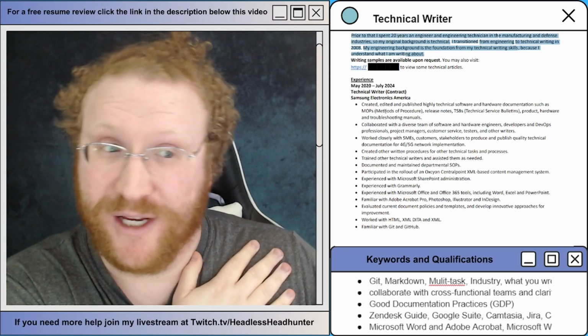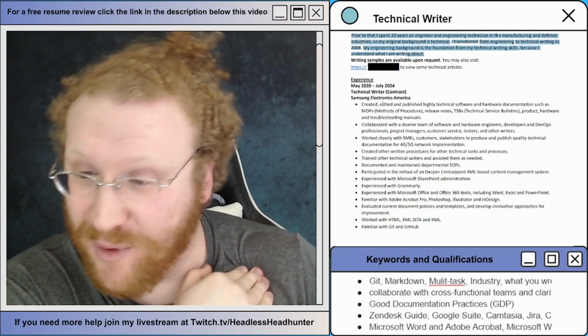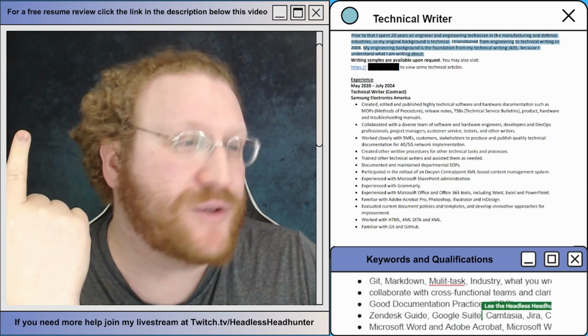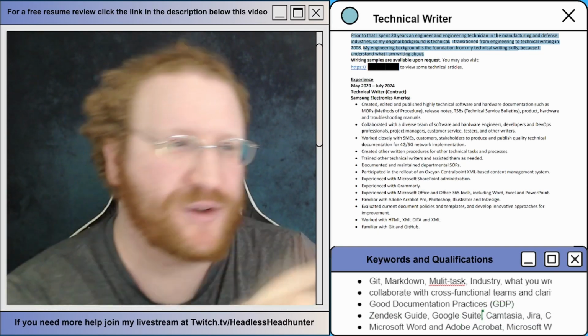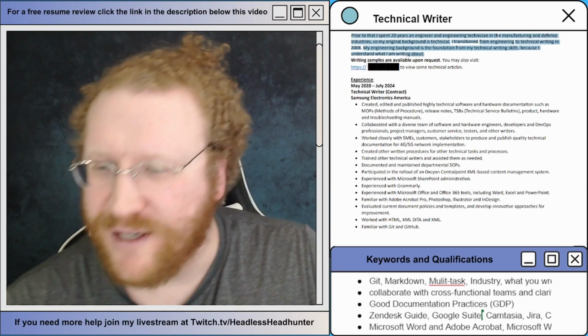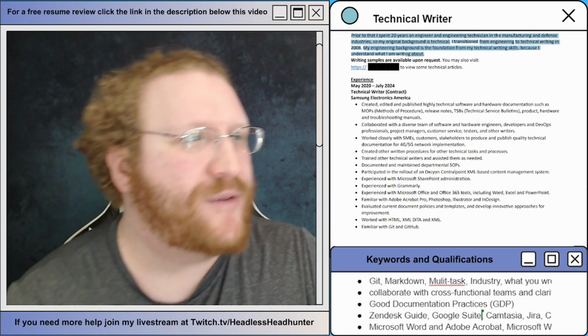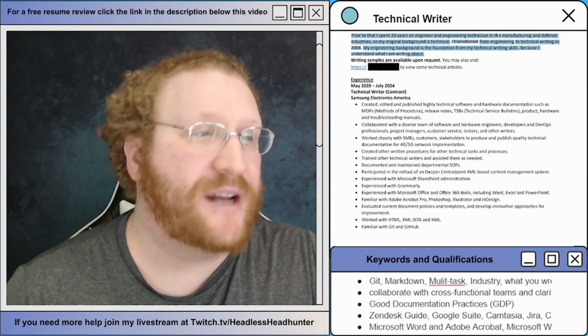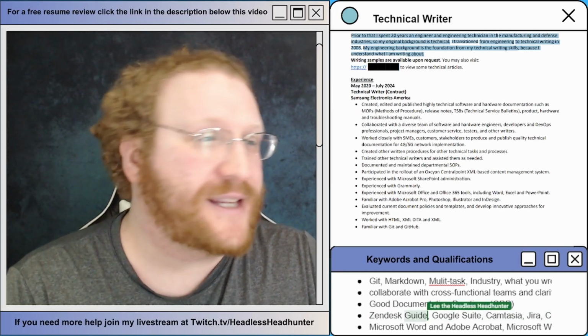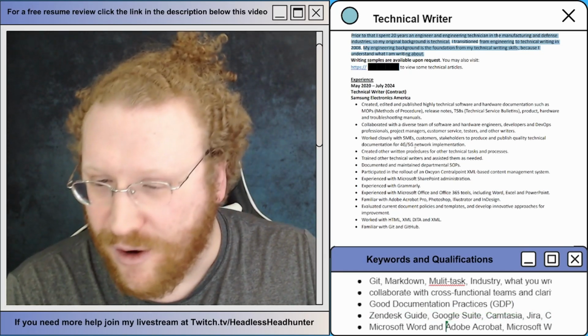And it's going to really depend. I can see maybe a couple people moving you forward, but from what I was looking at, I didn't see Zendesk, I didn't see Google Suite. I did see Microsoft Office tools, but in Word, so that counts as Google Suites. I didn't see, did I see GDP? I don't know if I did. DevOps was good. I didn't see Audacity, Snagit, Jira, or Confluence. I didn't see Zendesk, like I said, Adobe, Visio.